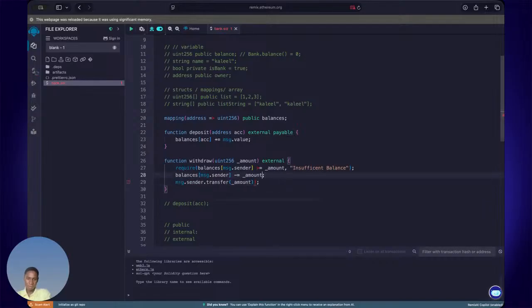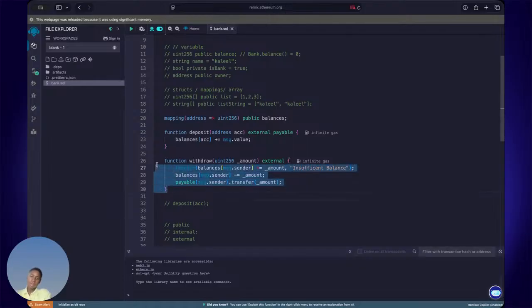It's supposed to be, yeah, just use my brain from now on. message.sender, and then we have the transfer, and then we have the amount.